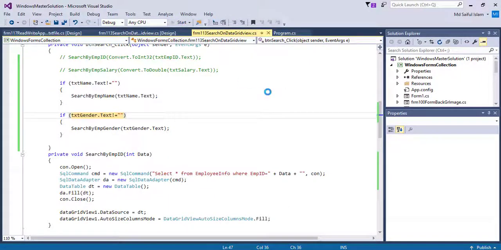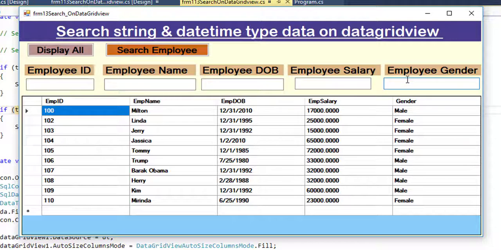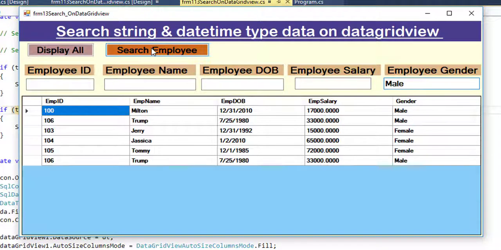Let's run it. Display all data. Suppose I want to search by male employee, search, see, data filtering. Suppose I want to search by female employee, search, see, only the female employee showing.